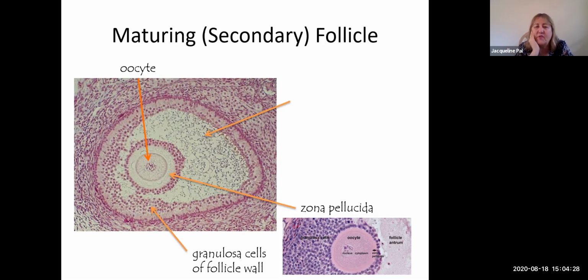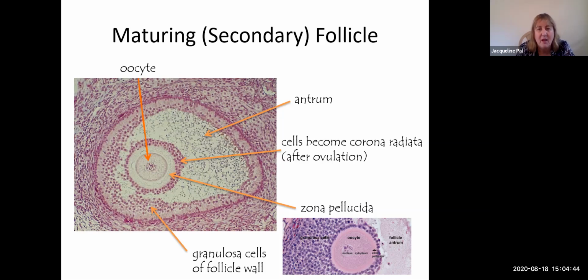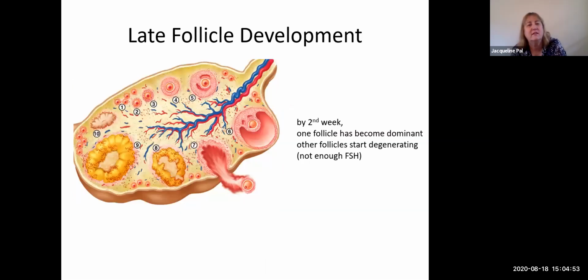How about this fourth arrow? What is it pointing to? That's right, it's the antrum. And how about the fifth arrow? Yes, these are granulosa cells, but they have a special name in this location. These are the granulosa cells that we call the corona radiata once we have ovulation. All right, so